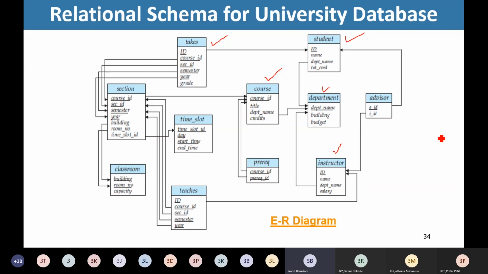So for every relation, we are having the keys. And the types of keys, actually we had a discussion earlier. We are having the super keys, we are having the candidate keys, we are having the primary keys, even we are having the foreign keys, right? So we are going to talk about all those concepts in the next session, right? So I hope you must have understood the terminologies related to relational database model.